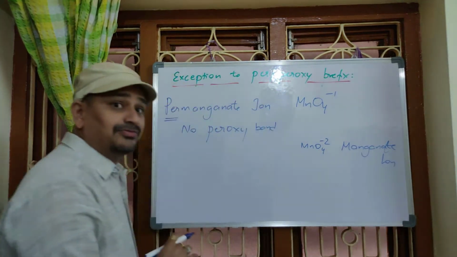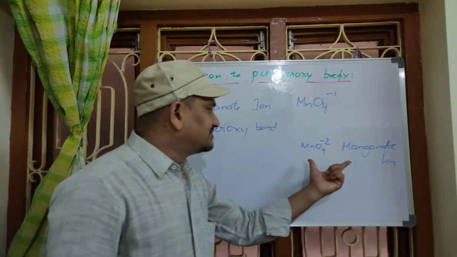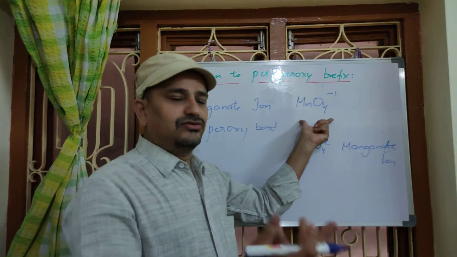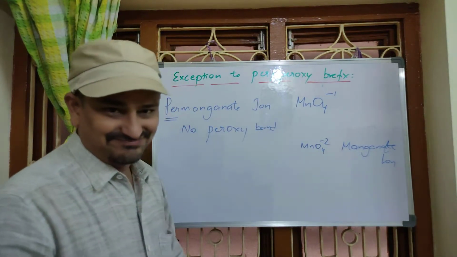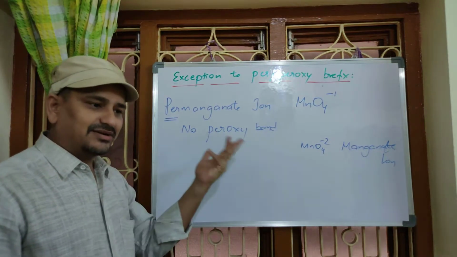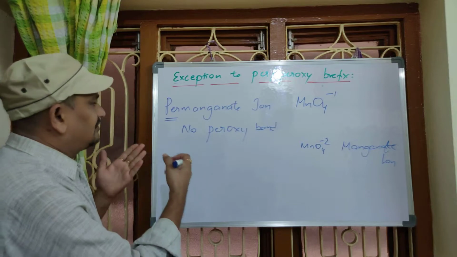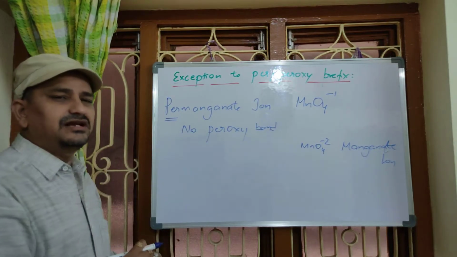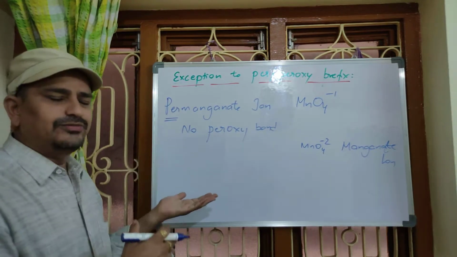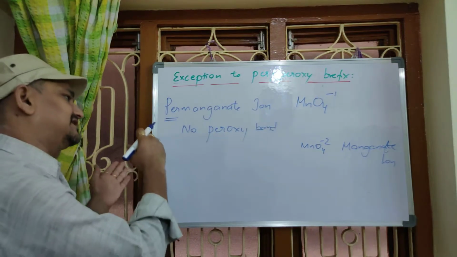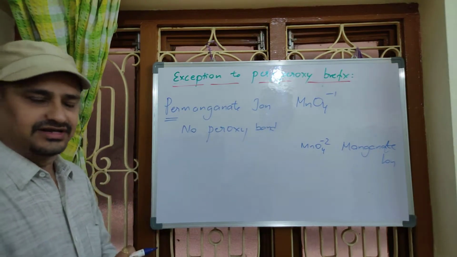What is this called? Manganate ion. As this is manganate, the next follower is called permanganate. It's an inevitable situation. So we have to show some difference. That's why, in a trivial manner, in the old system before IUPAC, some names were given. Still, the same system is being continued, right?